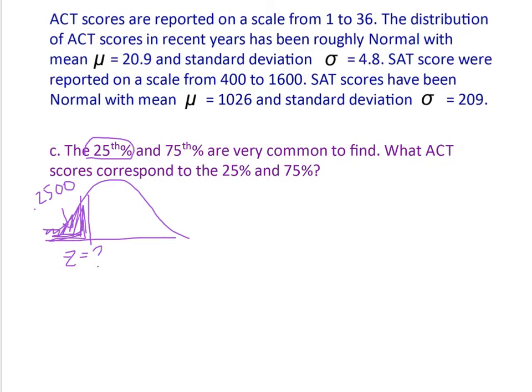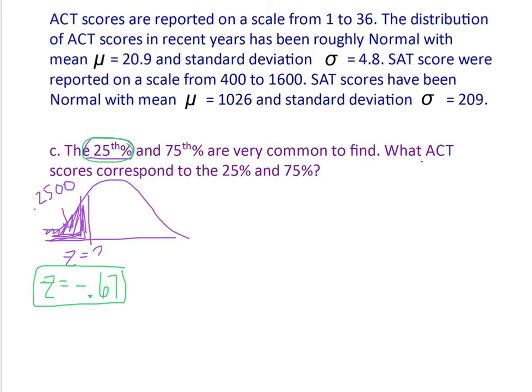Well, if you look at your table, there's two z-scores that are kind of close. You have negative 0.67 and negative 0.68, but negative 0.67 is the closest one. So this is the z-score that corresponds with the 25th percentile. So what I'm going to do,